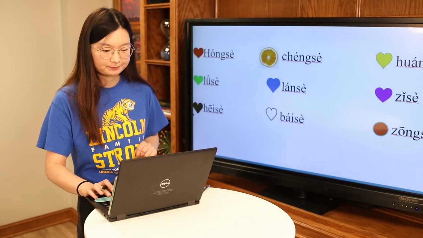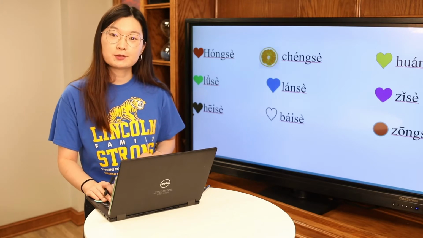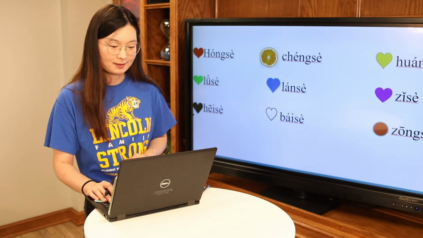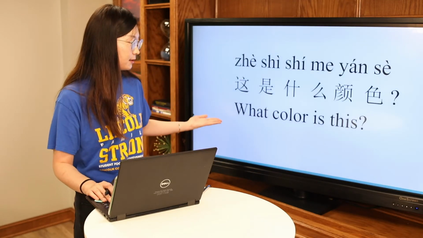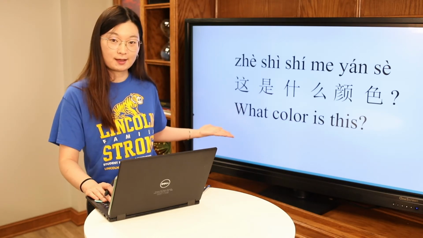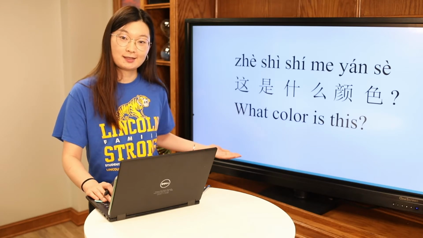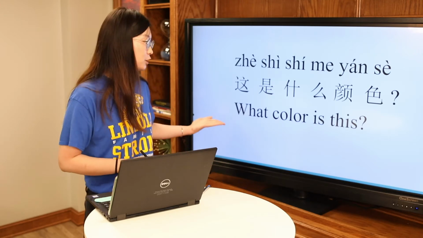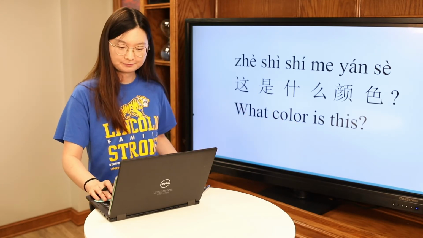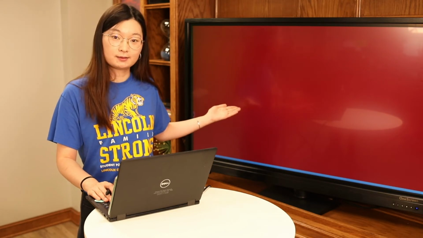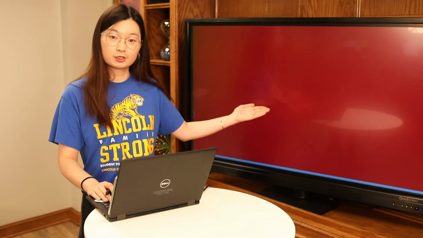Okay, and now let's do some practice. You may use your notes to help you when we do practice together. Okay, 这是什么颜色？Okay, let's look together. I'll give you about 3 seconds for each slide. You can see it by yourself first, and then we'll check the answers together. Okay, 这是什么颜色？If it's not clear on your screen, this is the color red. Okay, how do you say red? 这是什么颜色？